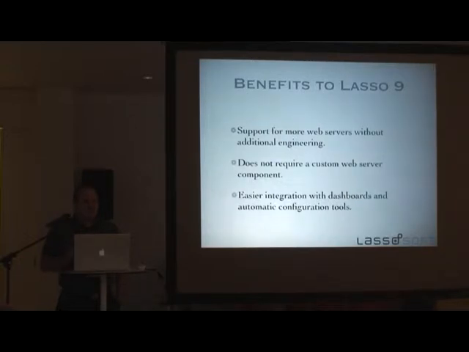It seems like a trivial component, but the Apache component that we ship for Lasso 8.5 is currently like a quad build component. It's a fairly complex piece of software, and supporting all the different Apache versions, even on macOS 10, requires some work. So it'll be nice to move some of that manpower time